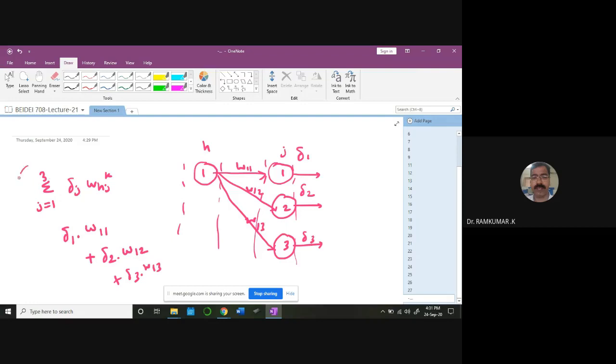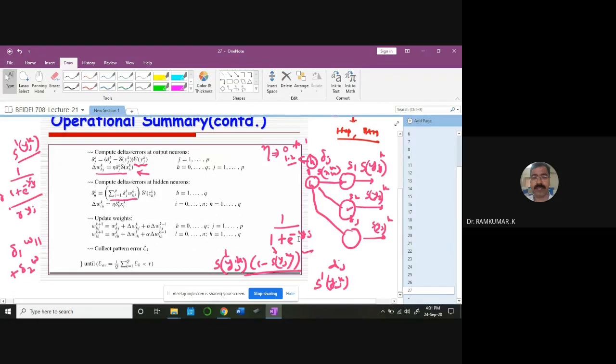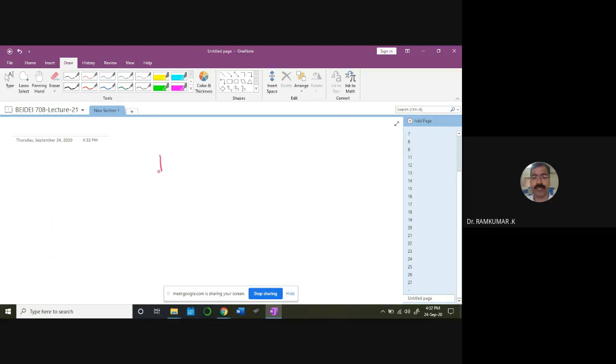If I do this, I'll get the collection of the deltas being distributed. This distributed delta has been assigned to this neuron. So the credit has been assigned to this neuron through these delta values. Now, with this I can work out S bar ZHK. Again, the same formula: S ZHK into 1 minus S ZHK. Whatever you said now, the first derivative. Are you getting the point? 1 by 1 plus exponential minus ZH.